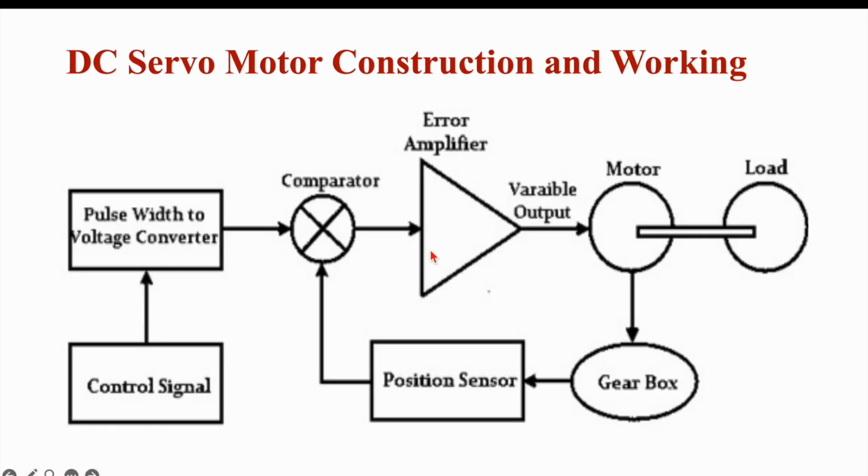So that's a basic circuit which controls the speed of the motor. You give the control signal to the pulse width to voltage converter, and then it compares what the position sensor outputs with the input, and it gives the error to the amplifier, and you get the output to the motor and then